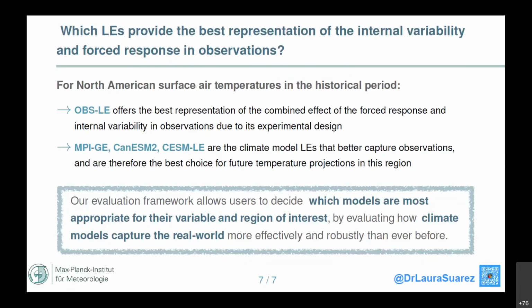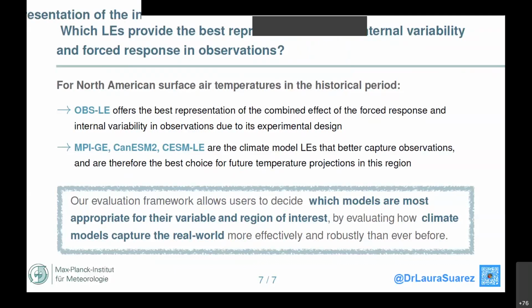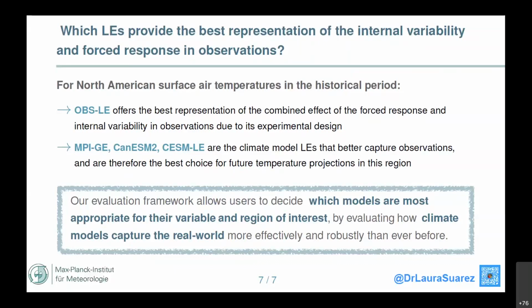And the reason being, this works best if you have a large sample of observations. So for observations that have a very long record, you have a good chance of capturing different modes of multi-decadal variability, for example, or just very large samples of the extremes. And then you can assess this much better. And for precipitation, the global coverage is not as good and not as long. You could definitely do it in particular regions, but we are not planning on doing so yet. But I'll be looking forward to seeing it.